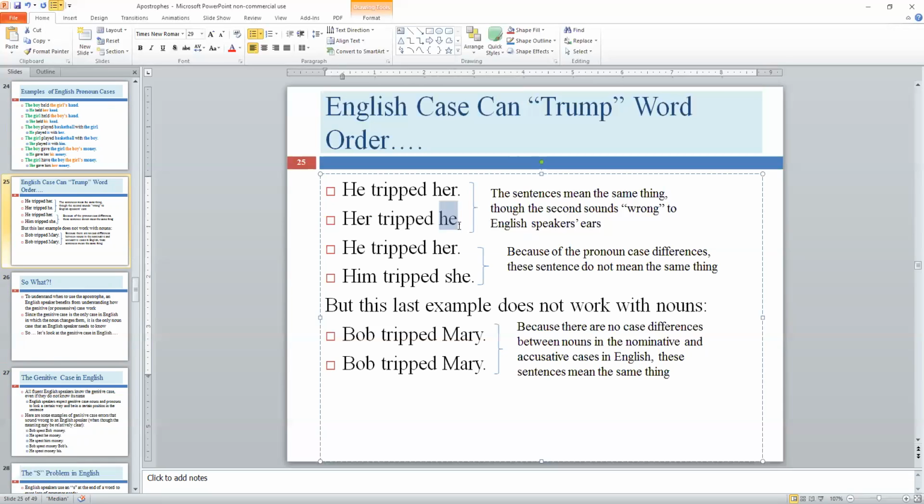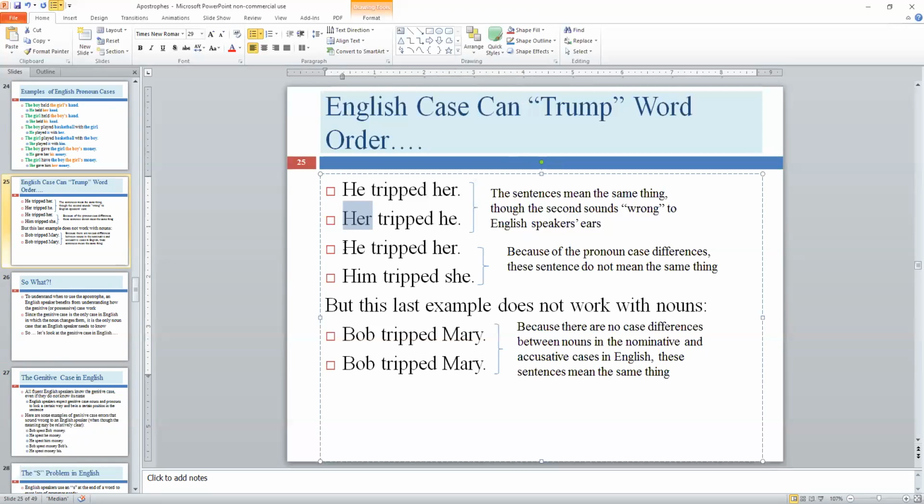But then if someone were to say, tell me what that sentence means, and we thought about it for a while, most of us would decide it meant this. Her tripped he. It means he is the actor because it's in the nominative case, and her is the one who's receiving the action, the tripping, because she is in the objective case. Let's look at the